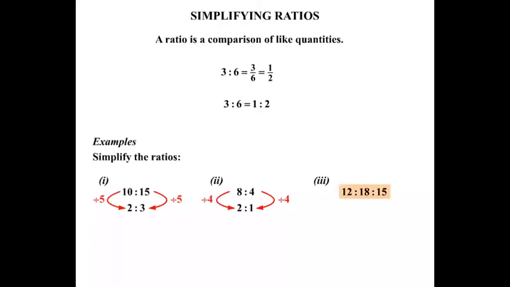So we need to look at all the numbers, 12, 18 and 15. What number would divide into each of those? Well, the number we want is 3. We need to divide by 3. So 12, divide that by 3, we get 4. Then we have the 18, divide that by 3, and we get 6. And finally the 15, we divide that by 3, we get 5. So our ratio there